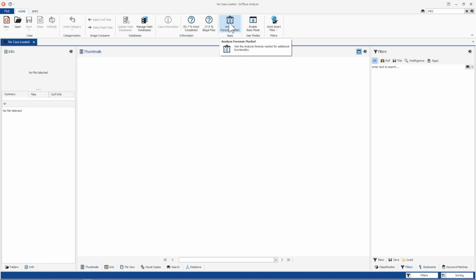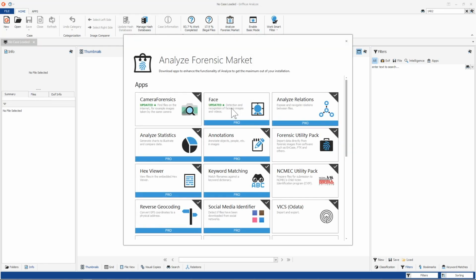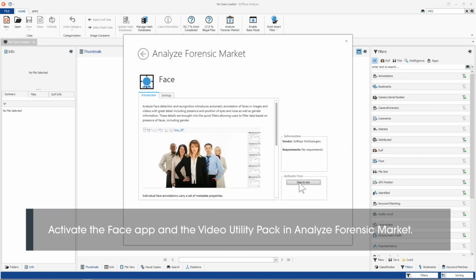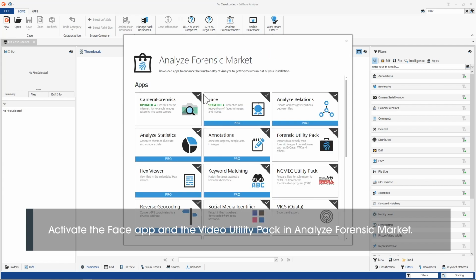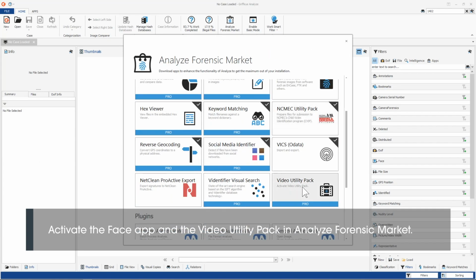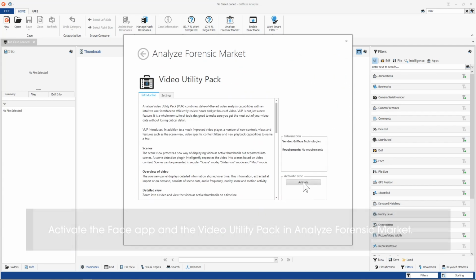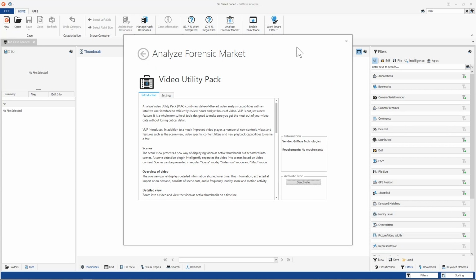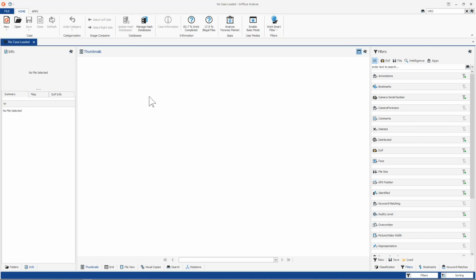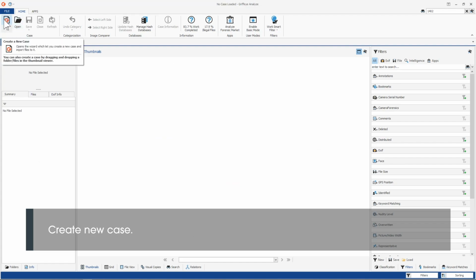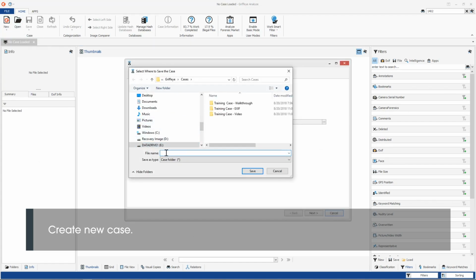Let's check out the new features of the face detection within Griffeye Analyze DI. Make sure in the Analyze Forensic Market you have the face and video utility pack both activated before you create your case. Once you do so, we can go ahead and create a new case